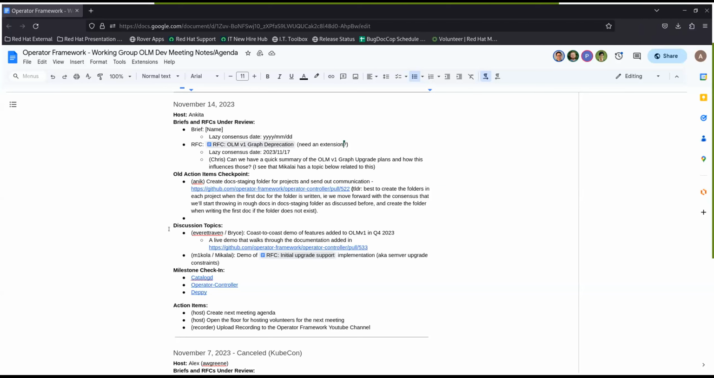Yeah, so as far as that RFC, there hasn't been much activity on it, but the current proposal in that RFC is that deprecation doesn't mean that it's out of the upgrade graph, but just that it's flagged. So the idea there is that, say,